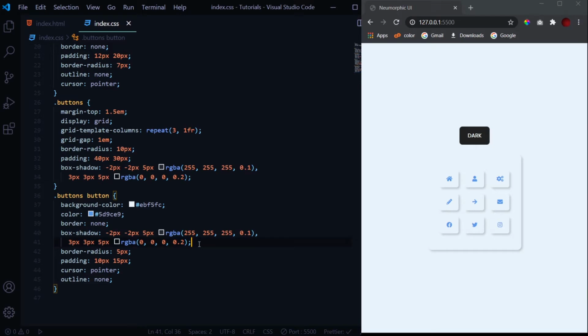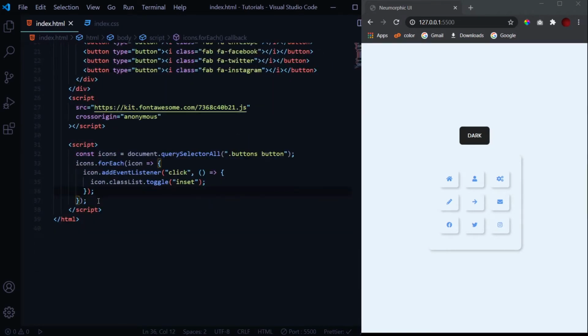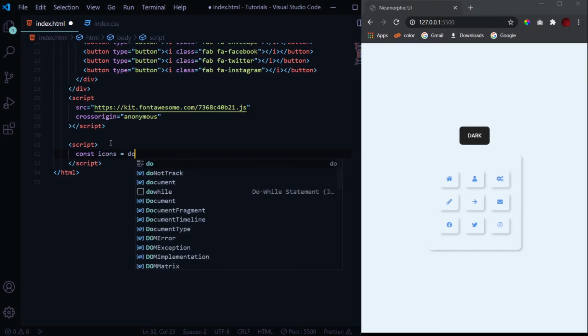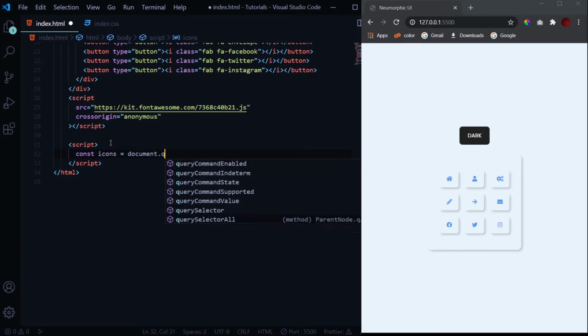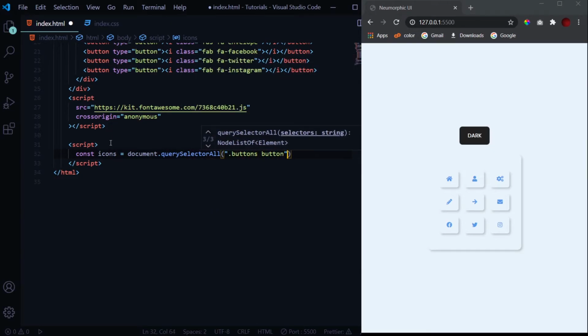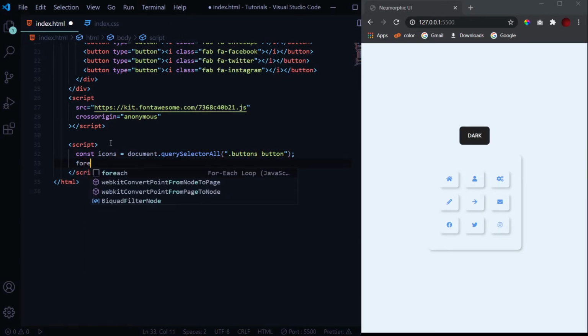So what we will do is, first let me get to the JavaScript part. Let me write the JavaScript first. First we'll select all these icons by the document.querySelectorAll. So this will select all these 9 icons, then we will run a forEach loop.